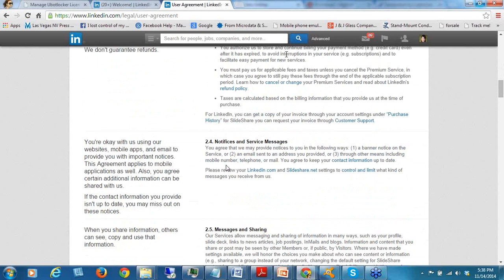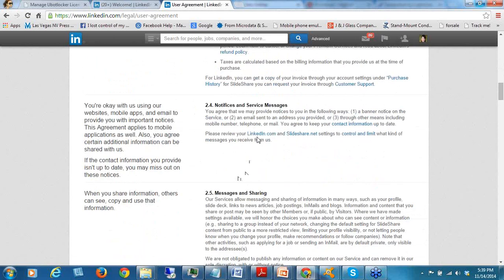And it also says to keep your contact information up to date. So this is really a legally binding, contractual agreement between you and LinkedIn. Okay, and then it says that you can go into these accounts and limit the type of